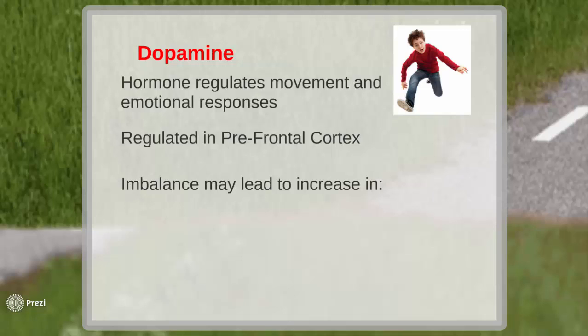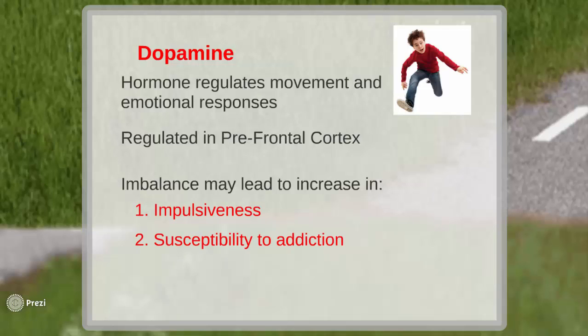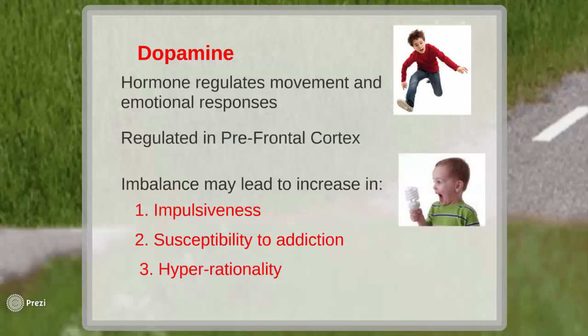The adolescent becomes more focused on the instant attainment of positive rewards, therefore explaining the adolescent's main characteristic of increased impulsiveness. Susceptibility to addiction in adolescents is down to substances such as drugs and alcohol releasing more dopamine, allowing them to attain more of a buzz. Imbalance in dopamine also explains another characteristic in adolescents of hyperrationality, as the adolescent becomes concerned with the here and now. Research has shown that as fibers develop in the prefrontal cortex, the desire for impulsive actions in adolescents is reduced and leads to more balanced dopamine levels.